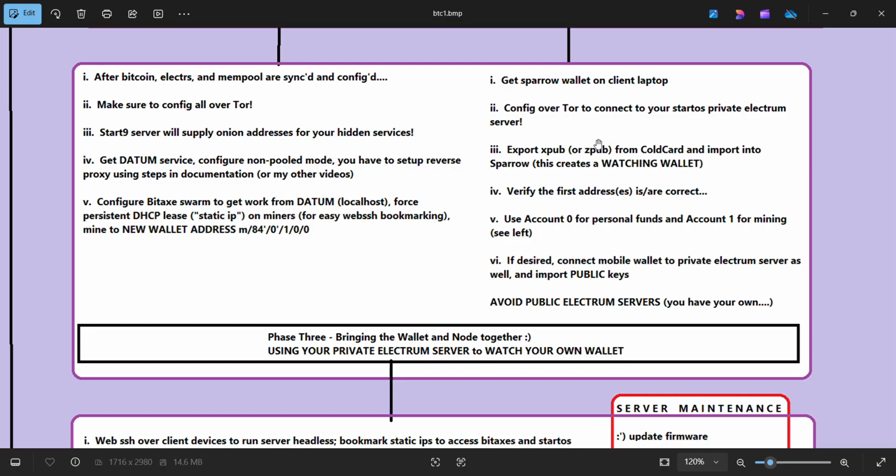Okay. Export XPub or ZPub from the Coldcard and import into Sparrow. This creates a watching wallet. The important thing here is that it will make a JSON file, and then you supply that JSON file to the Sparrow wallet software, and it'll grab all your public key information. So it still can't sign, it doesn't have the private key to spend, but it has